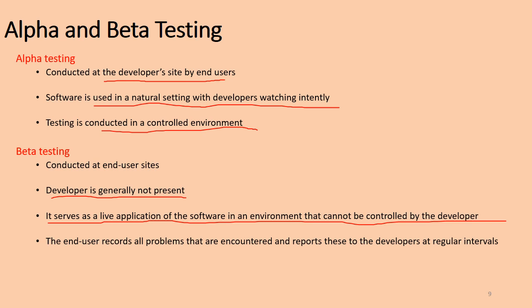So alpha testing, you just remember, is performed by the tester in the developer environment, and beta testing is performed by the tester in the end user environment. When you are talking about alpha testing, it's already a controlled environment, because all the settings are done, and the developer is also familiar with all the test cases and the code. When you perform beta testing, that environment is totally new, you are going to create a setup again, and then only you can check the functionality. So this is the difference.